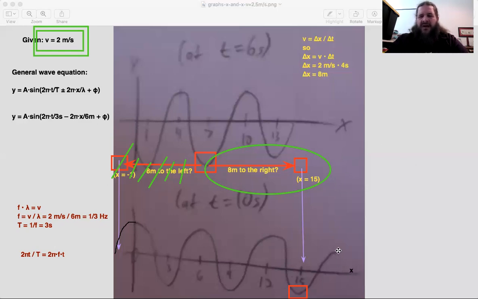If you're dealing with two time graphs, you'd be using mostly the same procedure. It's just that you'd have an x value for one of them and an x value for the other. So you'd know delta x, and you'd instead be solving for delta t to figure out how far into the future or how far into the past is the same crest on the other graph or same trough on the other graph. But in both cases, what I would recommend, if it's not visually obvious which direction it's traveling, draw out an x-axis